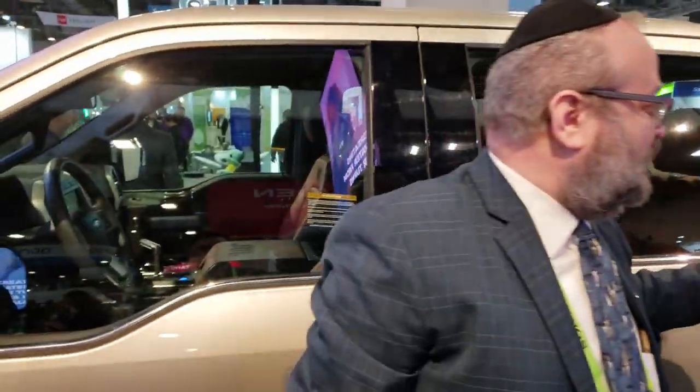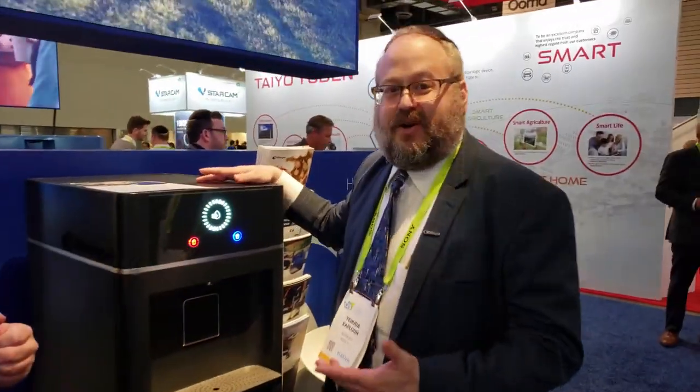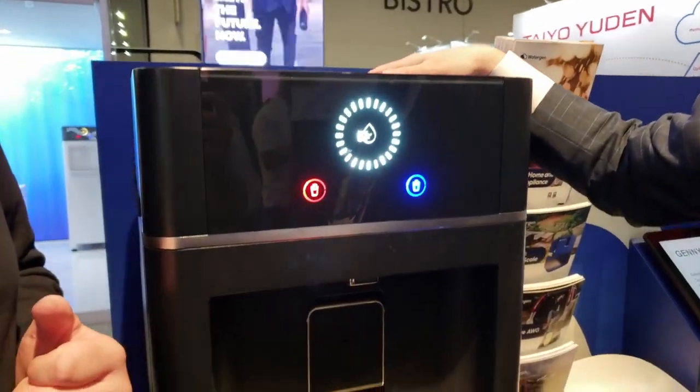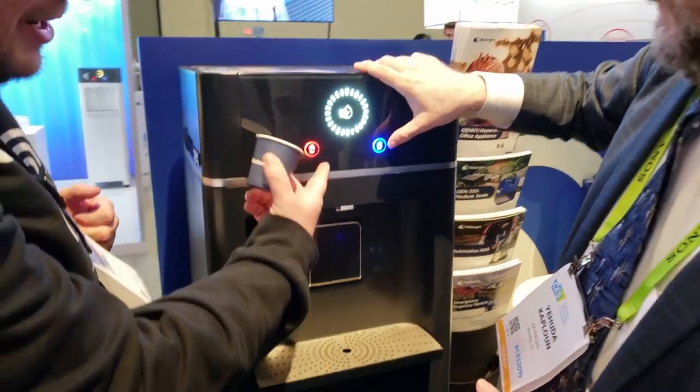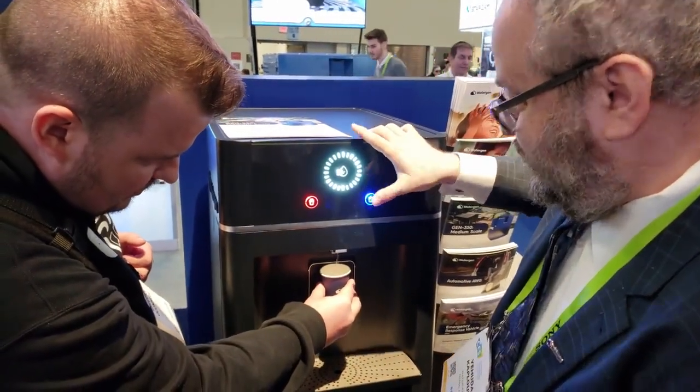And as you come walking through our booth, it gets more interesting. It almost feels like, but wait, there's more. It is. Because this is a machine that creates drinking water in your house. It takes the air in your house and replaces a water cooler. You don't have to carry a 5-gallon jug anymore. So it makes hot and cold water? Hot and cold water. And all you have to do is press a button, and it takes the air in the room and makes